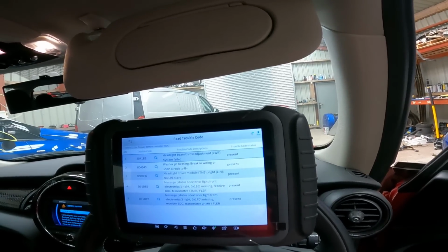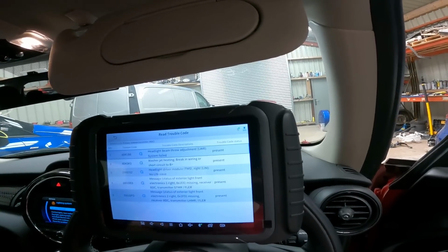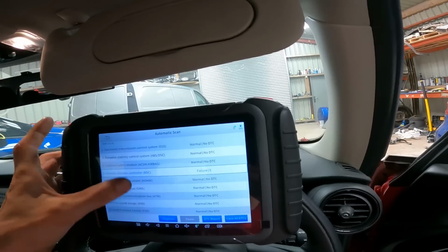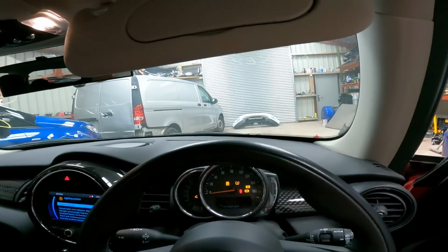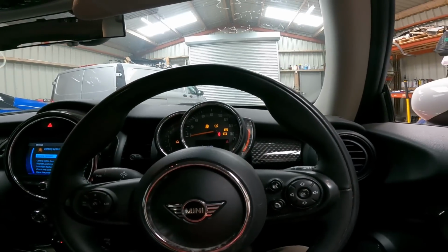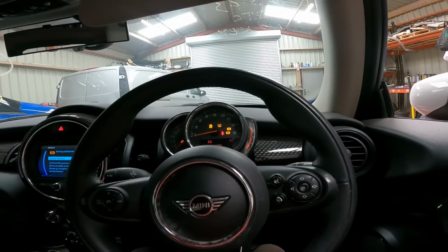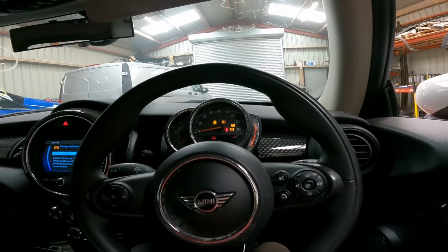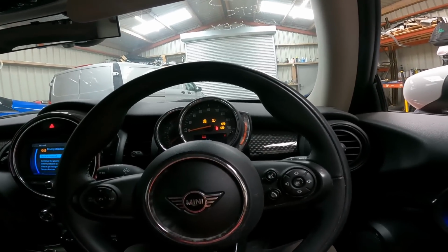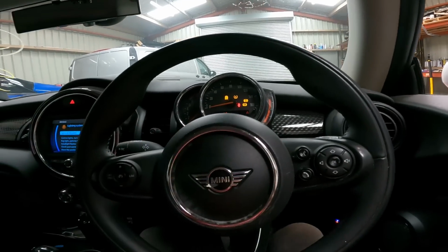Headlight, washer jet's fine, headlight again. Yeah, lights, yeah, it's all the lights. So that's nothing. Well, let's see what happens. Let's pump that back up. Okay. I don't know why all the lights are on. I'm presuming it's because my dongle's plugged in, but